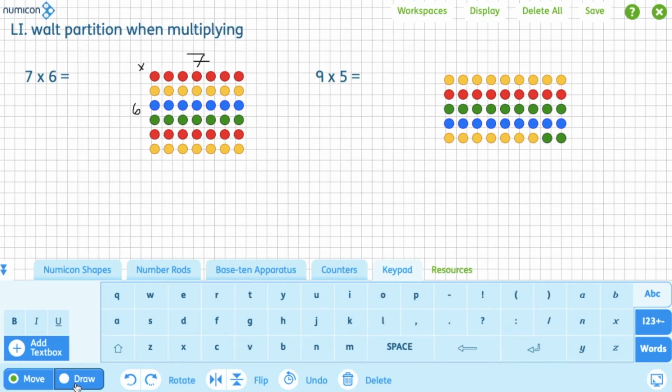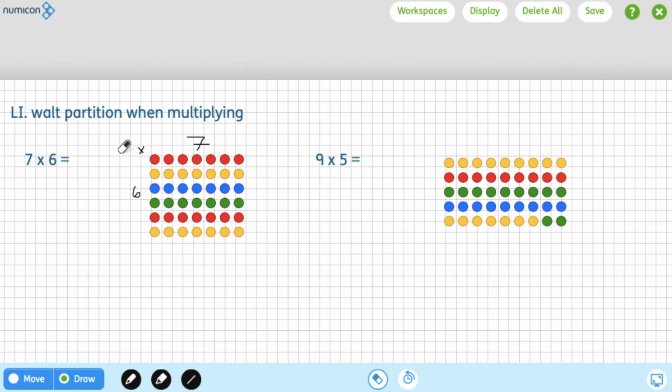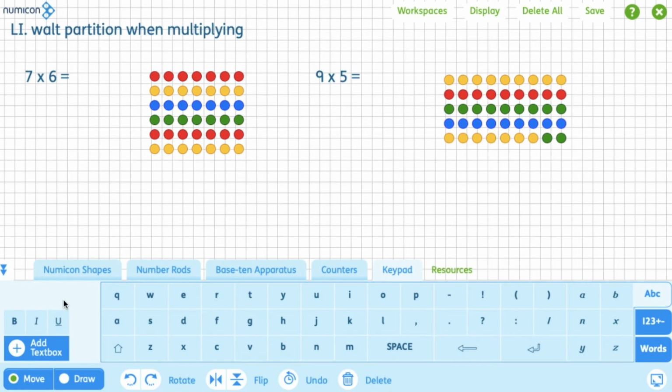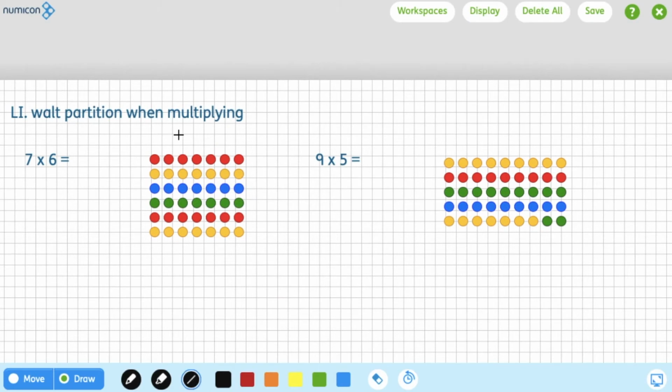Okay, so how we're going to get started is when we're thinking about now the 7 times table. I don't particularly like the 7 times table because it's not one of these nice ones that you can double, but it is one that partitions really well. So what I'm going to do is I'm just going to split this array into 2 separate arrays. So I'm just going to draw a line down through here, and then all of a sudden on this side